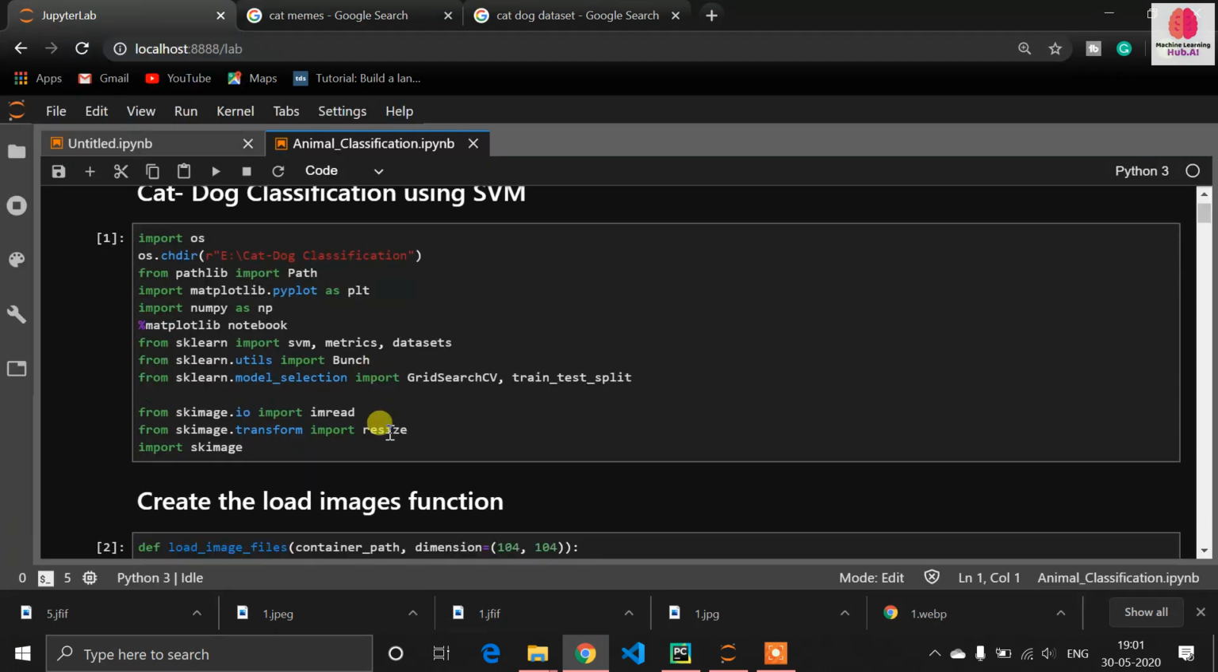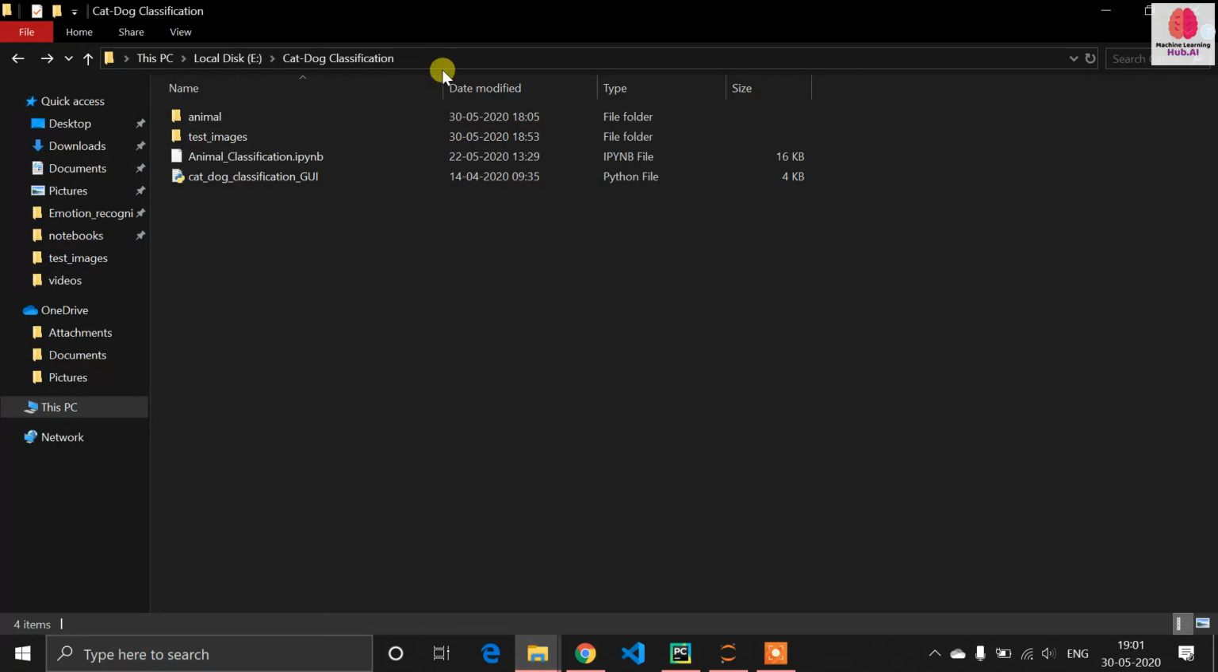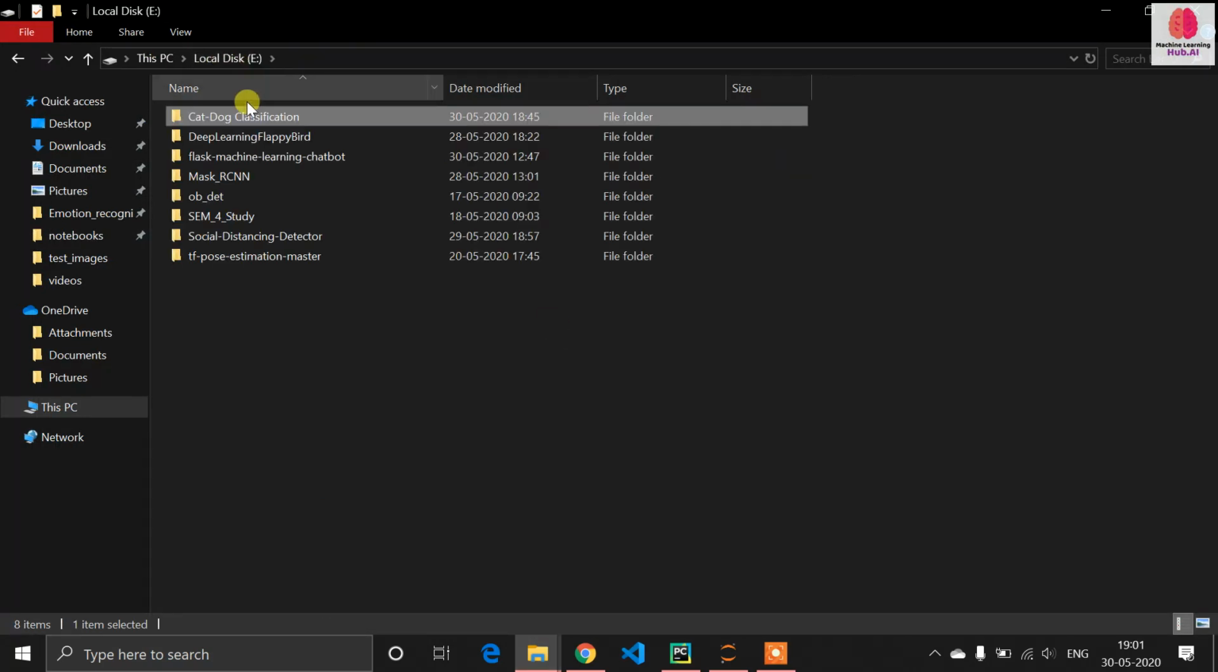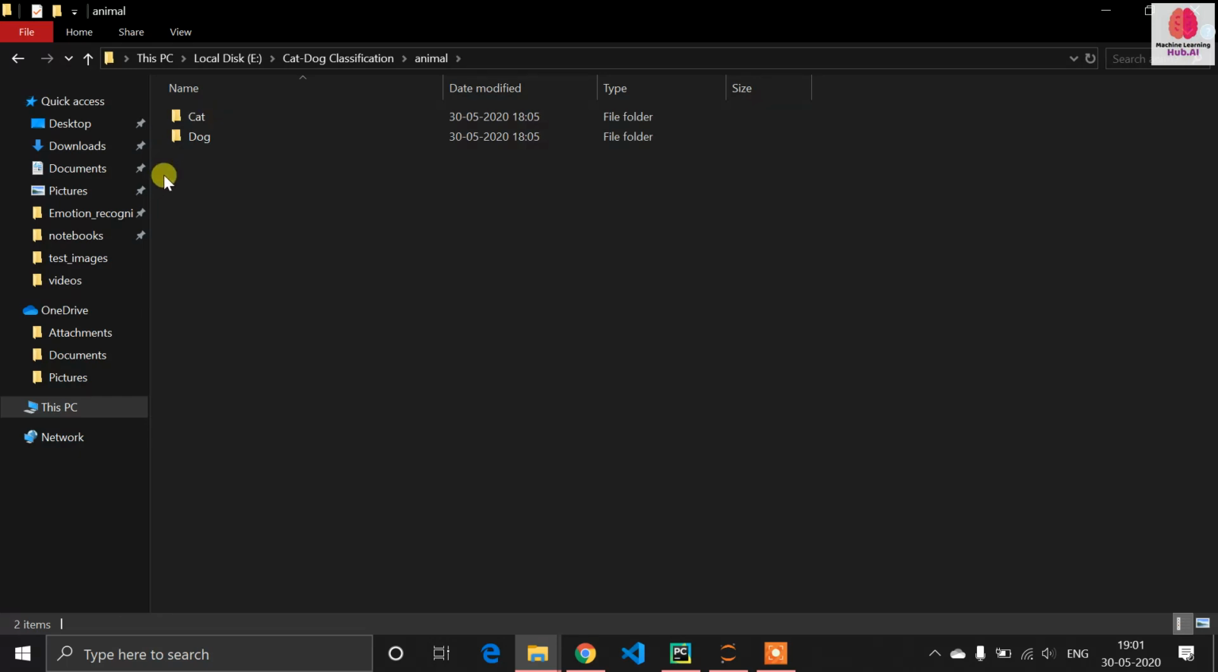So from scratch, let's see how it works. I have created a Jupyter notebook. With this file we can do all the things. First of all, in my directory I have created a folder, cat dog classification. In that folder I have created a folder, animal, which contains our data set. In that folder we have subfolders, a cat and a dog. In the cat folder there will be cat images, and in the dog folder there will be